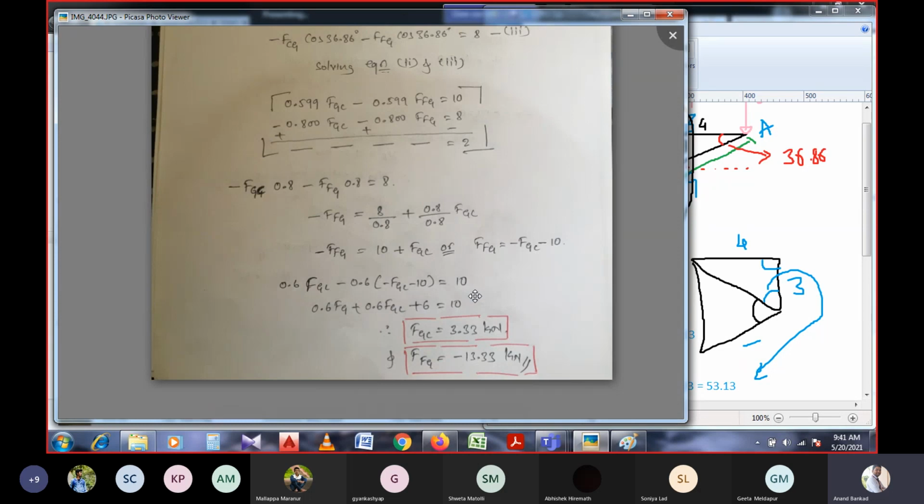So it is all about the method of sections, how we need to carry it out for the members to calculate the forces acting in the members. I hope it is clear. If you have any doubts regarding this discussion, please let me know. Dear students, I hope it is clear for you. If you still have any doubts, please let me know.